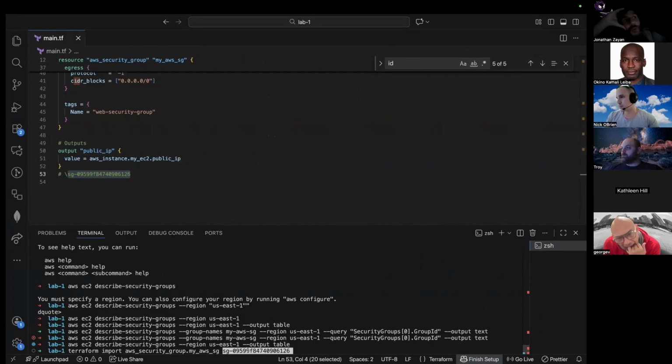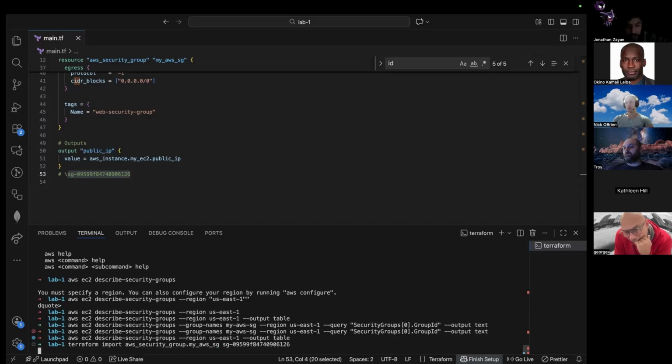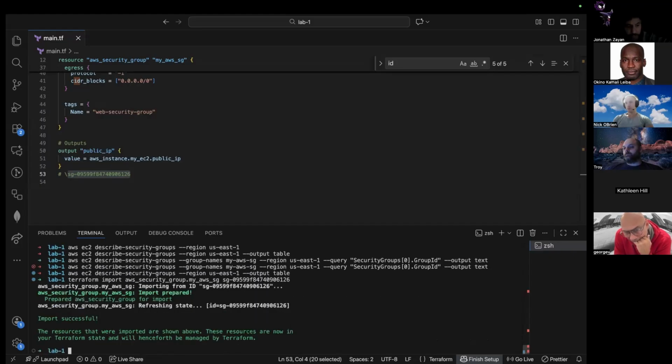Remember, guys, I did change the objective, because deleting it won't work since you have to do the next few steps on your own. If everyone deletes it and then redoes it, you're going to run into a crazy amount of conflicts unless you use different naming conventions and different security groups. But everyone can import the security group and keep rocking. So right now, that's what we're trying to do with this import. If we follow these steps, let's see what happens, because I believe it's going to work.